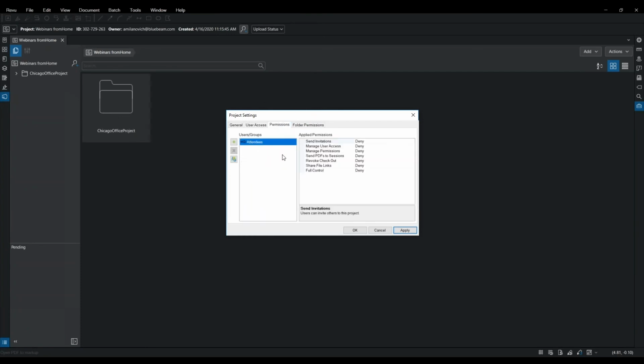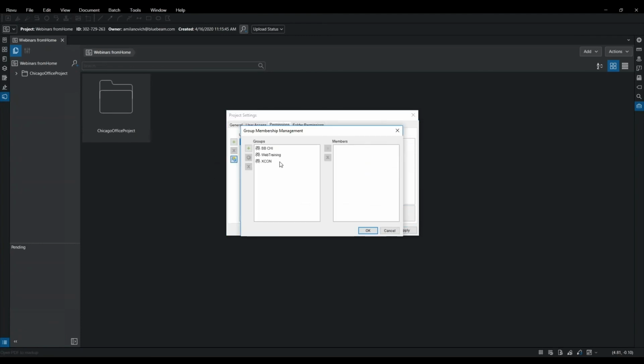Next over is permissions. Inside permissions, this is where I'm going to be able to set up my group. So you're going to be able to see here this same group icon. It's got a settings option. What it allows me to do is I can add a group, and then I can start to add the members. So I will have to have their email addresses to add them here, but that's how I'm going to be able to set up a group.